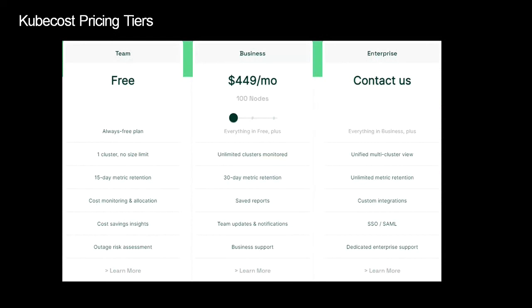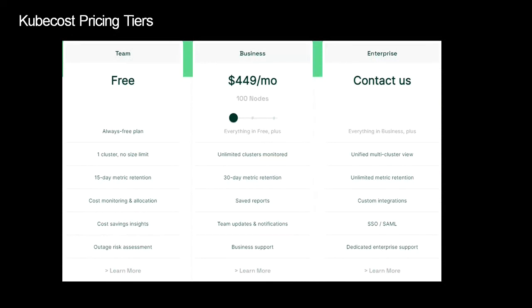For the business tier, you get multiple clusters that you can monitor at the same time through one installation, and you also get a 30-day metric retention period, so you can do a little bit of roll-up data. You can also get support from the business support team. So if you have any issues or queries, you can have the support team reach out to you.